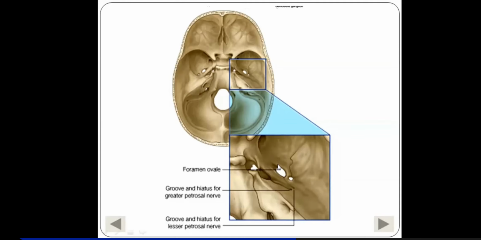Sometimes, let me tell you, it's not necessary: occasionally it has been found to pass out through the foramen spinosum also. And there is an innominate foramen, sometimes even posterior to the foramen spinosum. That's the innominate foramen or Arnold's foramen, as it is sometimes said. But the most common is the foramen ovale. That's the passage of the lesser petrosal nerve.